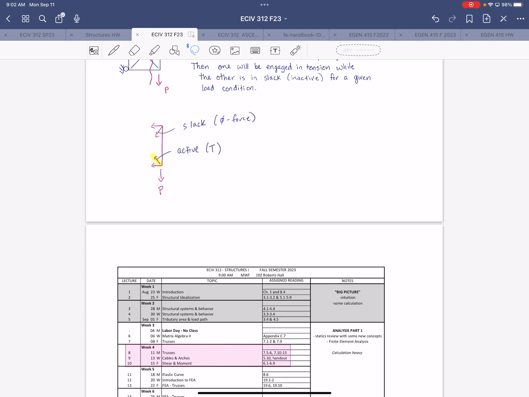this week. So cables and arches on Wednesday, and then we'll get into shear and moment. Specifically, we're going to focus on shear and moment for frames, since you guys have done shear and moment plenty of times before for beams. There will be a little bit of a recap on the basics, and then we're going to just start applying it to frames. And then next week, we'll get into elastic curve, and then we'll start talking about finite element